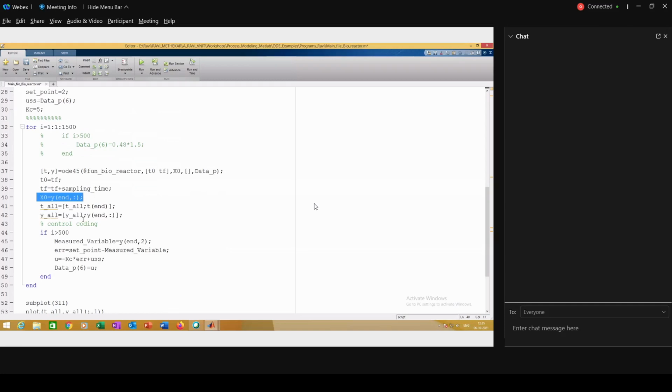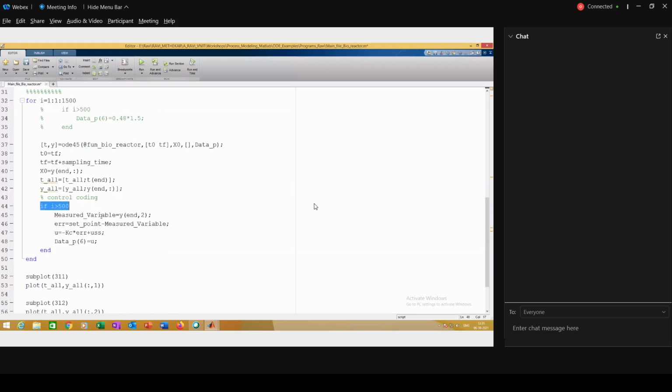I implemented the controller after the initial dynamics, so that is why this i is greater than 5.